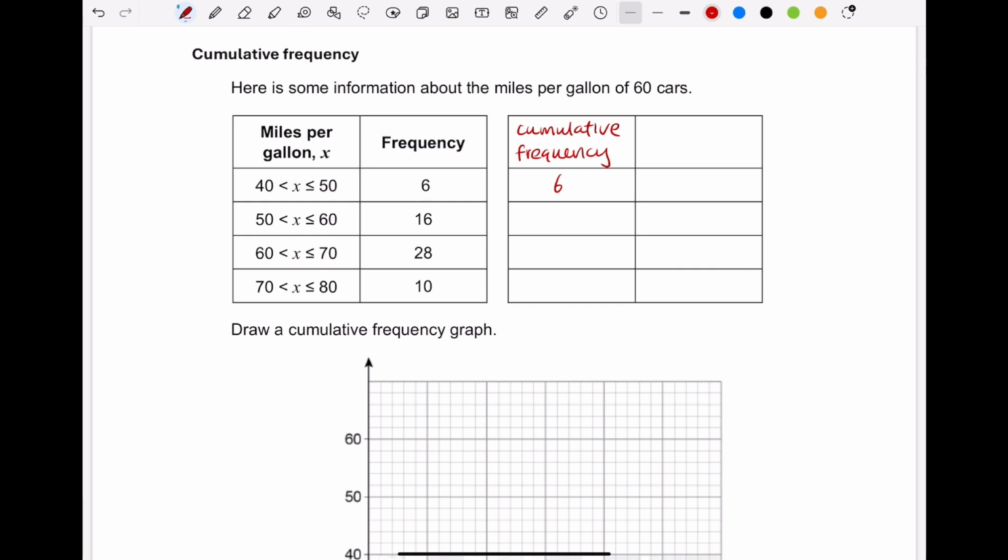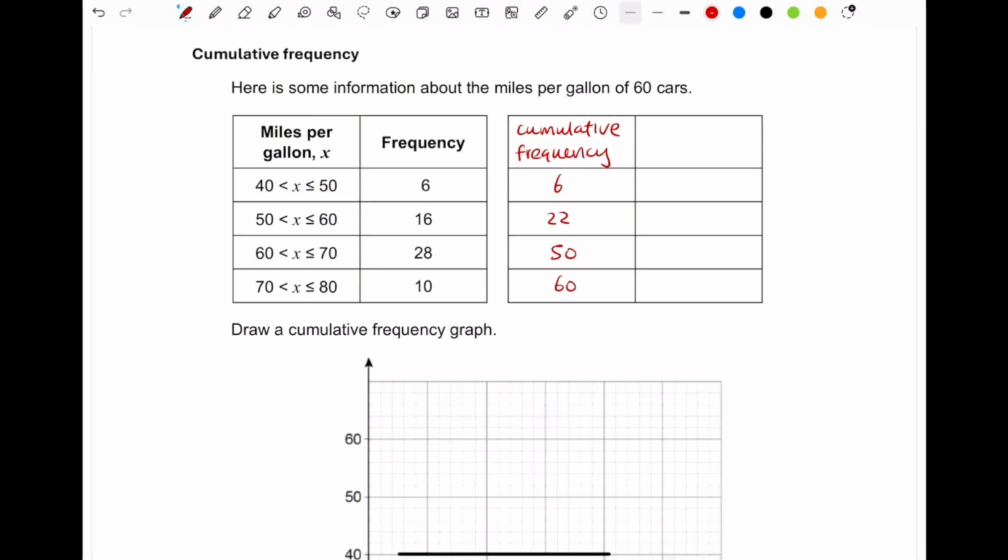So that's 6 plus 16, which is 22. And then we do 6 plus 16 plus 28, which is 50, and then 60 for the last one. Now in this case, because it's cumulative frequency, we know that there are 6 cars that is up to